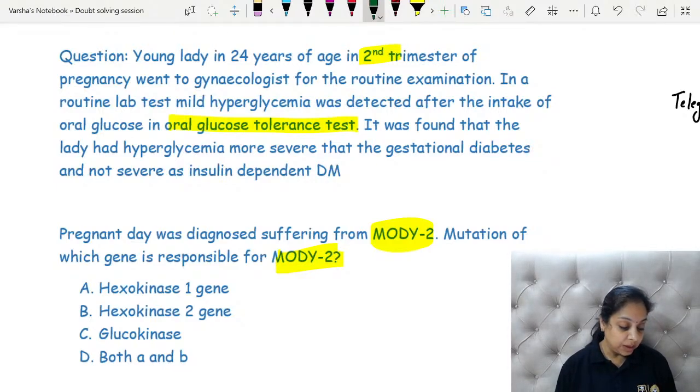Can anyone tell me what could be the answer for this? We know the insulin dependent issues: we have type 1 diabetes mellitus, type 2 diabetes mellitus, gestational diabetes, and MODY2. So which gene is responsible, and what enzyme is related to that gene which is responsible for MODY? Can anybody tell me? The enzyme is